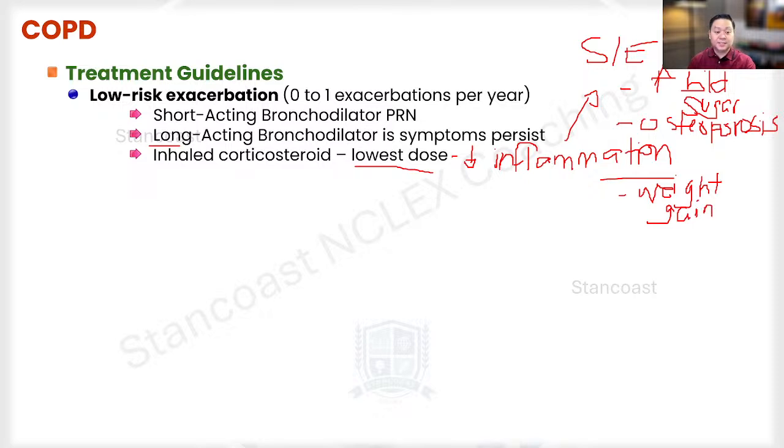All right. And of course, watch for their blood pressure because it can potentially elevate their blood pressure. And why is there elevation of the blood pressure? It's because of the retention of sodium and water. That's why they are going to end up with high blood pressure. Right? That's the salt and water retained in the bloodstream. Okay?